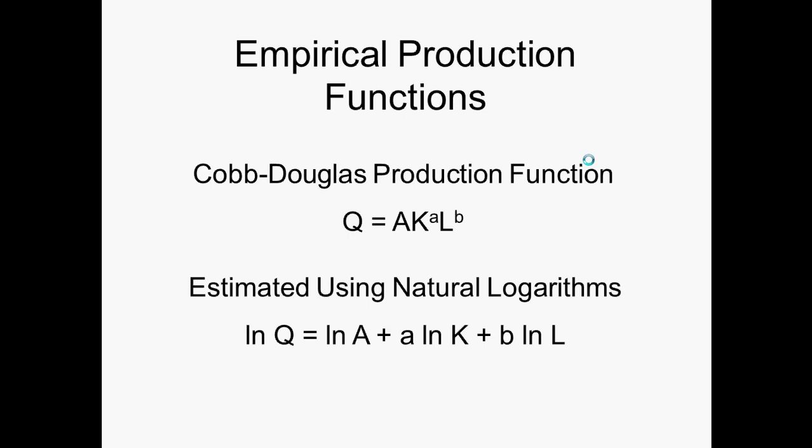Another way is you could try to estimate them empirically, and this Cobb-Douglas production function, Q equals A, K to the A, L to the B. This is just a standard basic form of production function. I don't know if it fits many production processes perfectly, but it might be a somewhat reasonable, approximate description of many production processes. If you wanted to estimate it, then again, for one thing, you have to have a lot of data